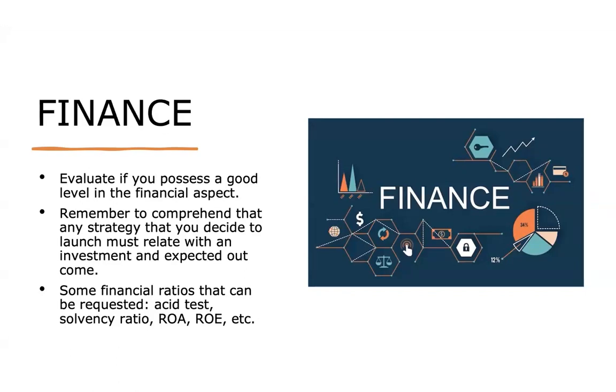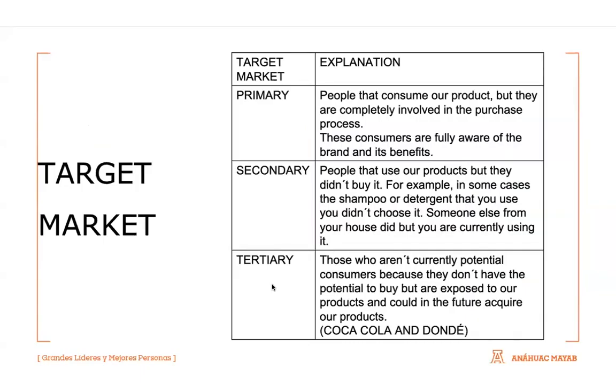Okay. And this is important because when you interact with specific departments of your company, we're going to see that they are going to request numbers. Okay. Another thing is this part of the target market, which I would definitely say to analyze. Of course, the target market is this orientation of the ones that will acquire the product for us, but more importantly, okay, there are different types of target market.